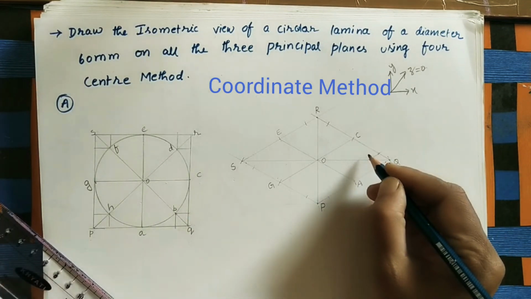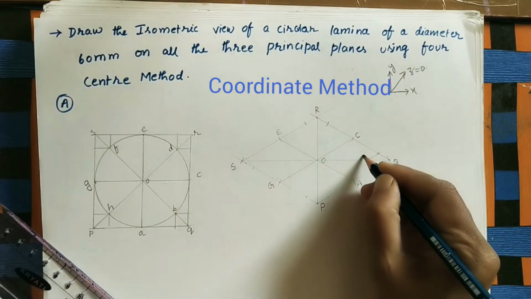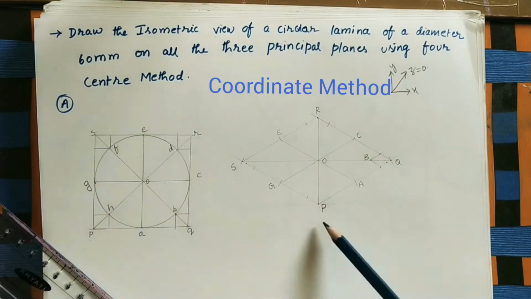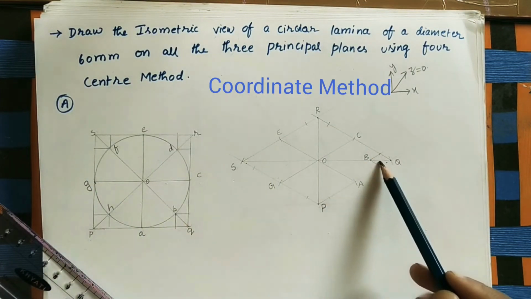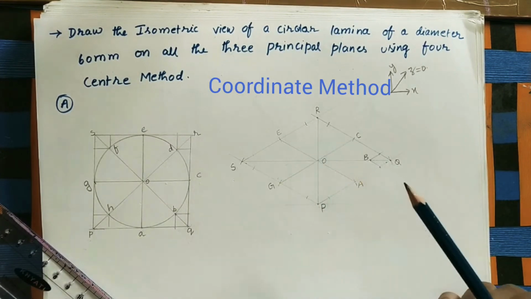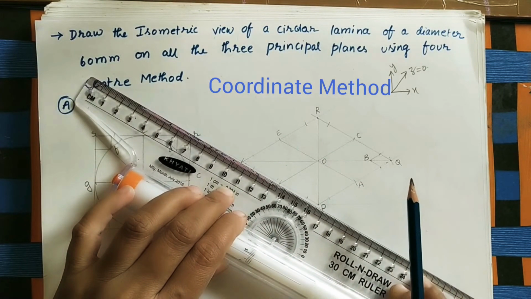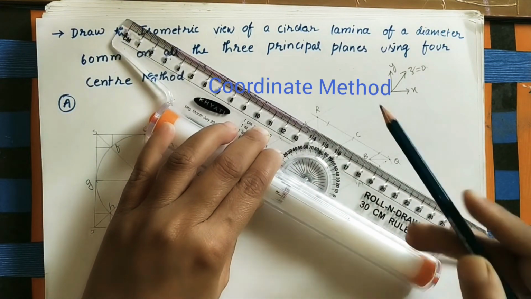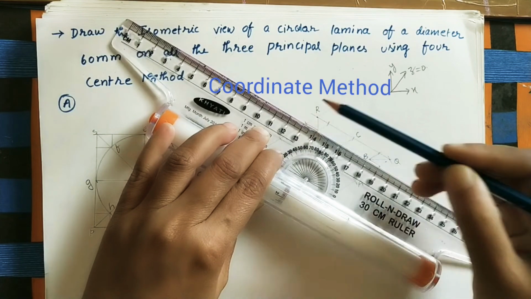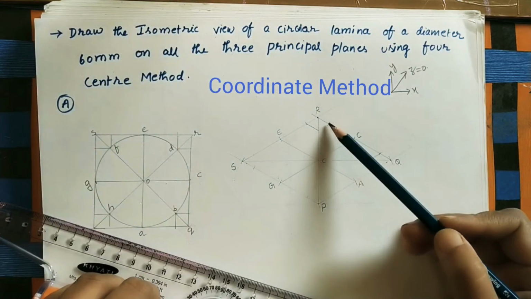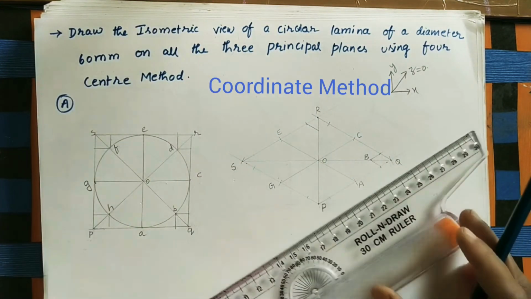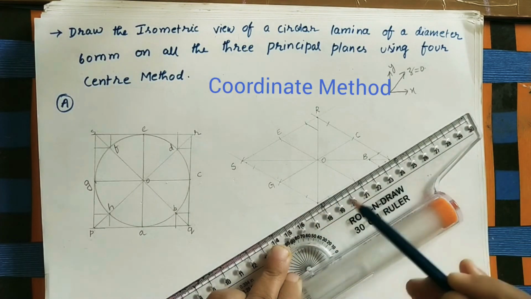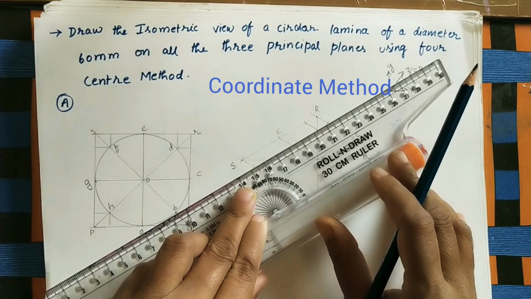Take this as capital B. Okay. So as I told, the bigger square is coming like a rhombus and this small square is also coming like a rhombus. At these points also do the rhombus. Okay. Here do the line parallel to this line. Okay. Here at this point do the line parallel to this. Fix a drafter scale here and move the scale. Here I am using roller scale.